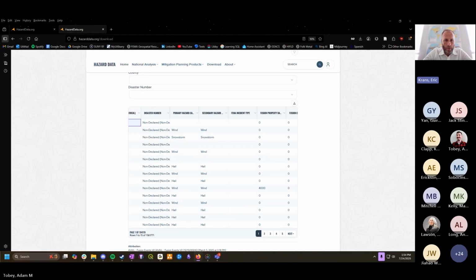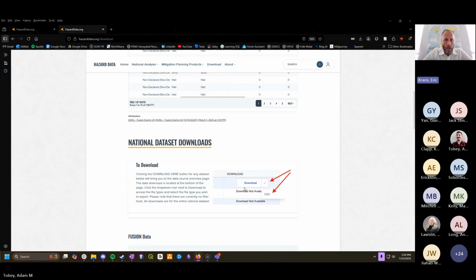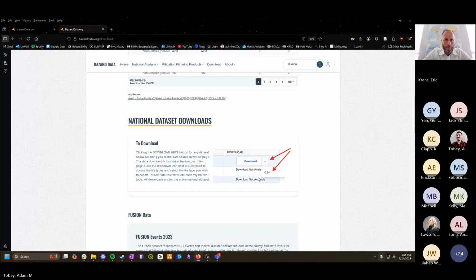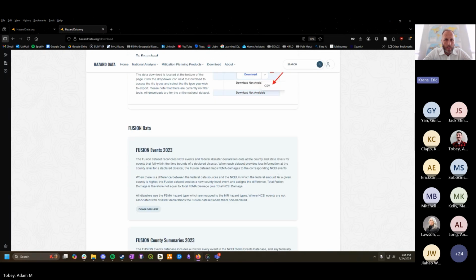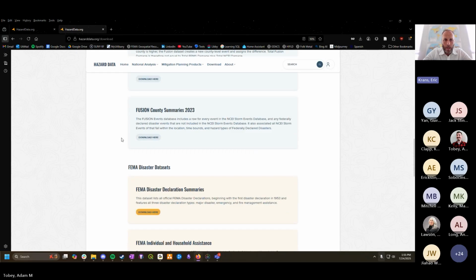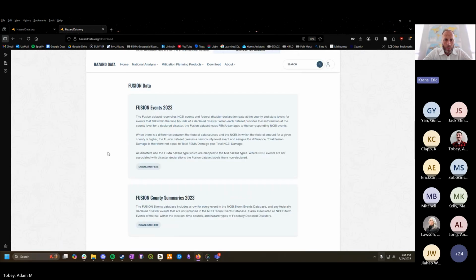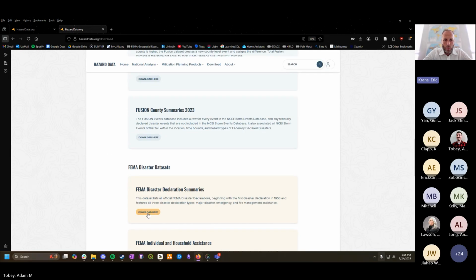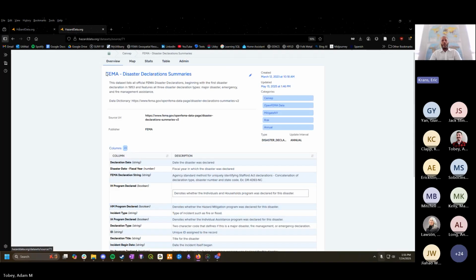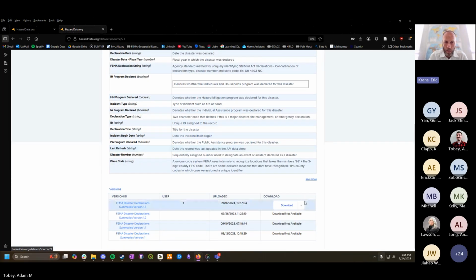If you scroll down a little bit further, there is also the ability to download data sets from each of the specific data products. So if you click onto any one of these, that'll bring you to our data manager. And this is the data set, information about the data set. And as you scroll to the bottom here, you'll see there's a download button where you can click this and